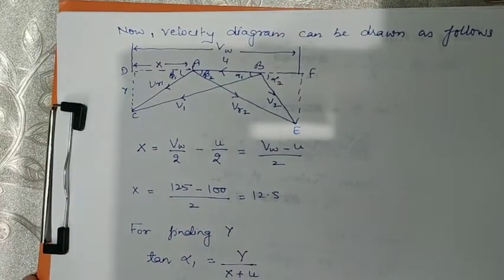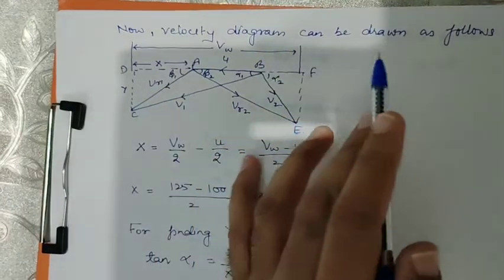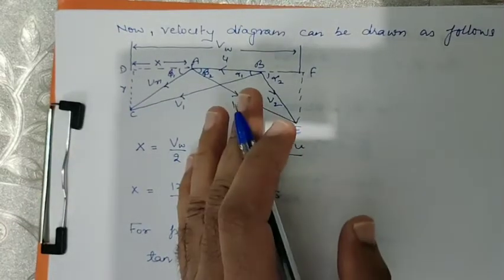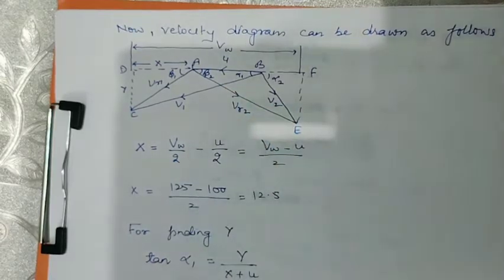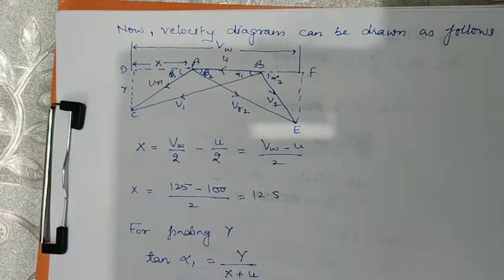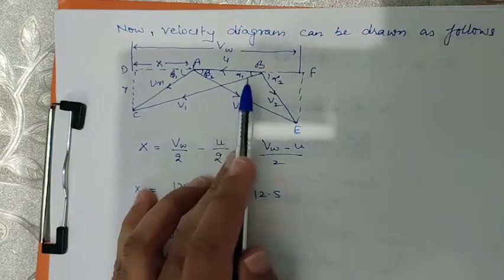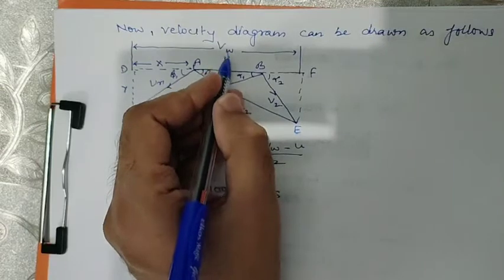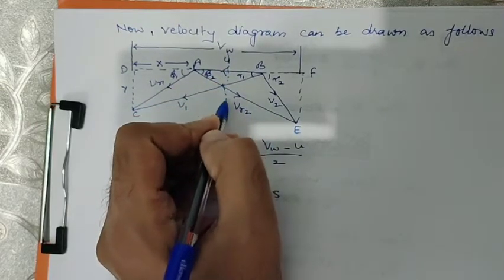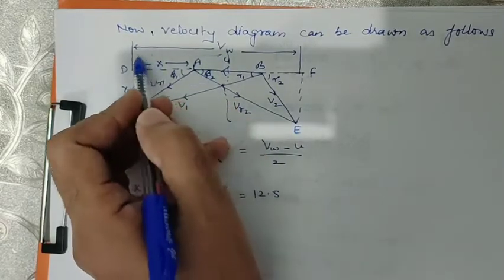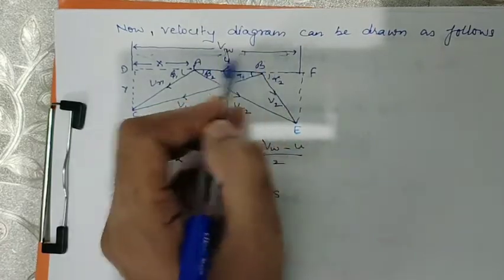Now for solving the other part of the question, we will draw a velocity diagram for reaction turbine. It is mostly similar to impulse turbine, the only difference is of angles and the condition followed by the Parsons turbine, that is beta 2 equals alpha 1, alpha 2 equals beta 2. So this angle is equal to this angle, and this angle is equal to this angle. Therefore, if we draw a line from this axis, there is a symmetry, and this part and this part of VW2 together make the total VW.